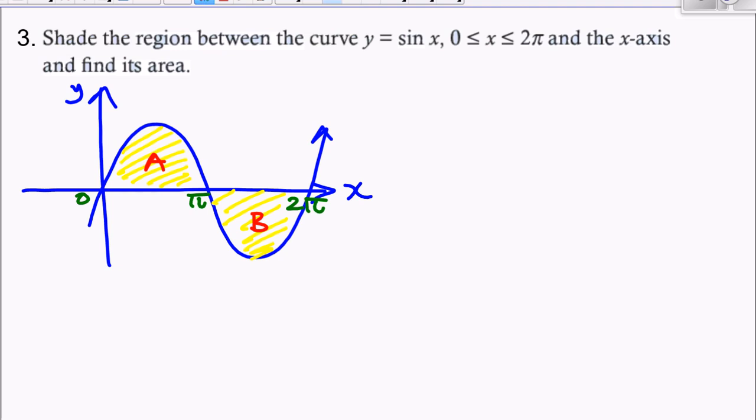So let me start with the area of A. Now, before I even start working out the areas of A and B, we can see that the area of A and the area of B are identical. So the area of A is equal to the area of B. So what I'll basically do here is work out the area of A, and then to work out the total area, I'll just multiply that by 2. So the area of A